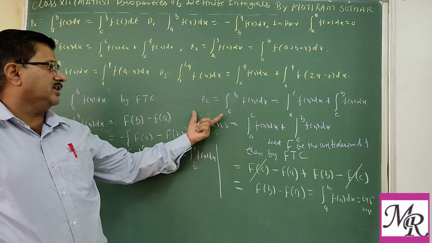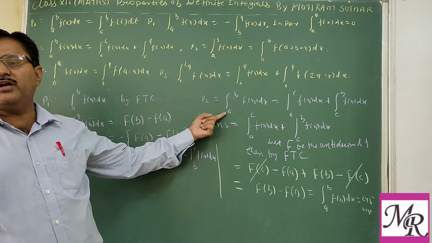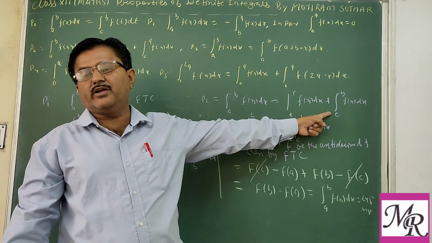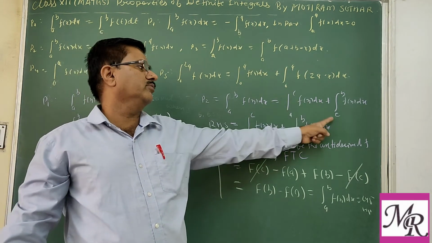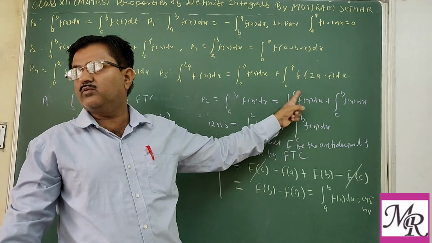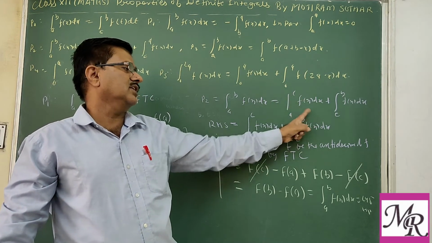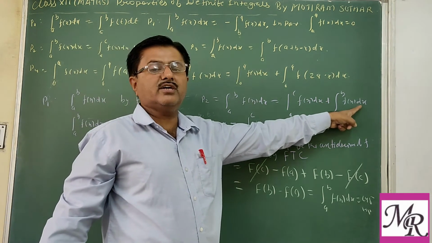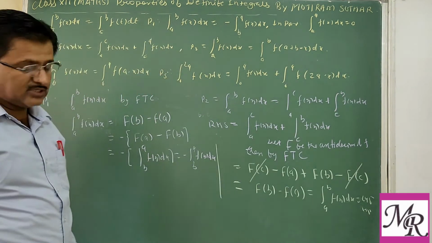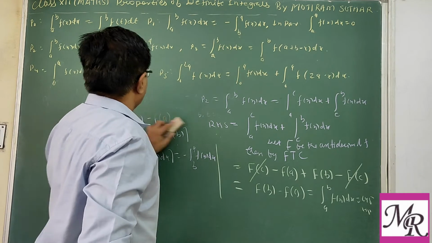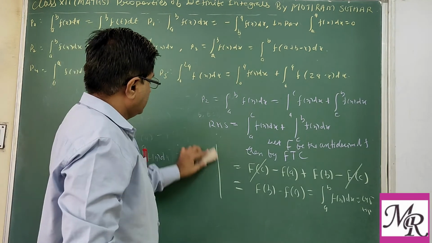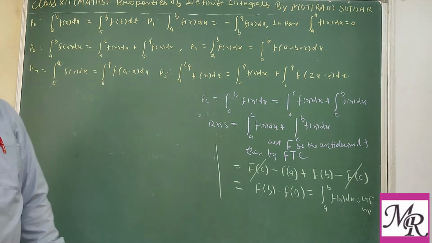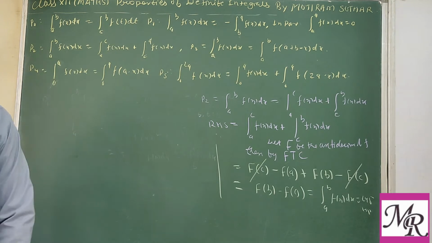So in this way, if we are given a definite integral with the limits a to b, it can be written as a sum of two definite integrals. We take a new point c in between the interval a and b, such that we get the integral from a to c of f(x) dx plus the integral from c to b of f(x) dx. In this way we can prove this identity, the third property, P2. Now we may go for P4. For P4, as you already said, we are taking the right hand side.